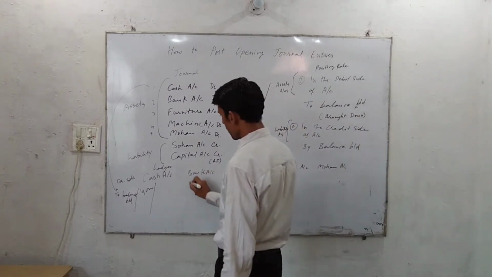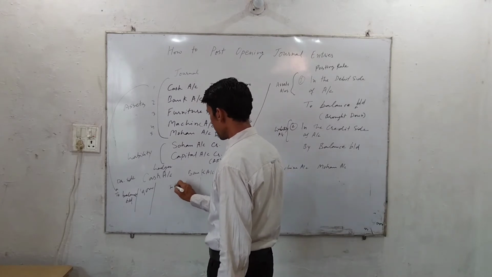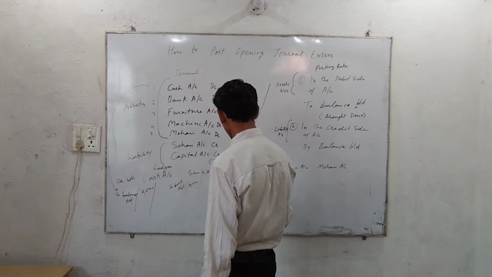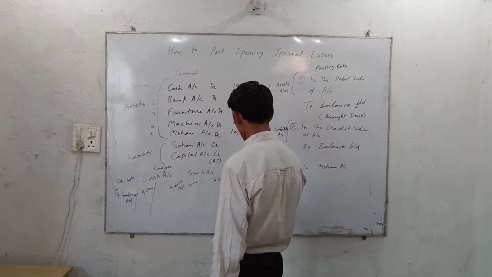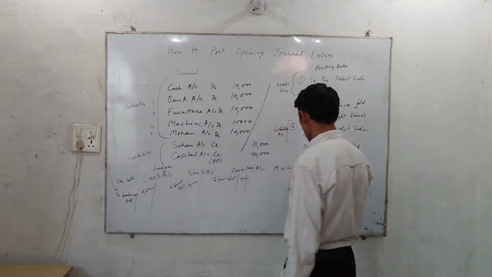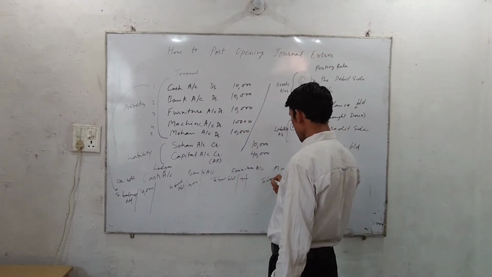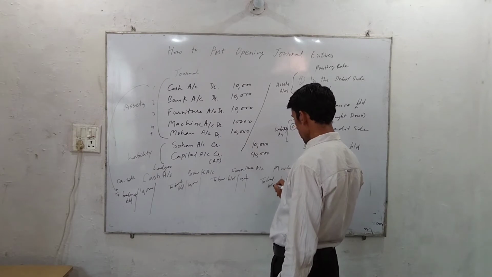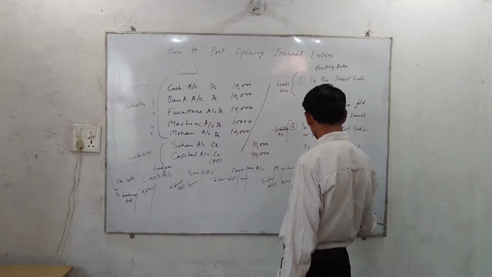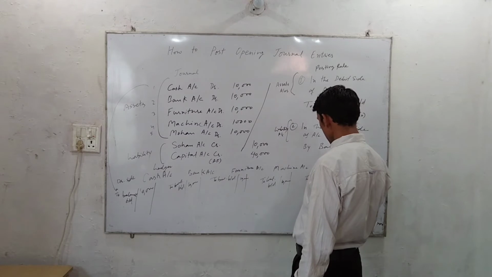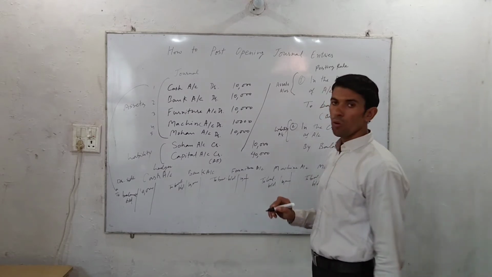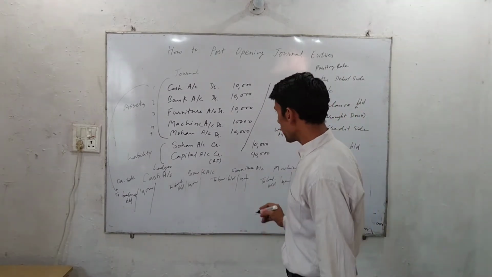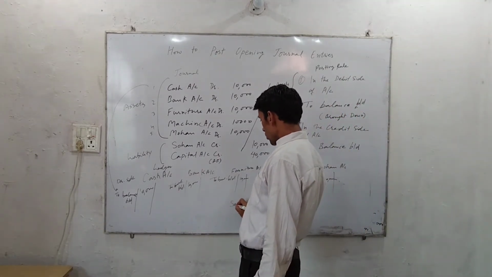Okay, we write "To balance brought down" 10,000. We write "To balance brought down" 10,000. To balance brought down 10,000, and to balance brought down 10,000. Now we will open the liability accounts, that is 2 accounts, Sohan account